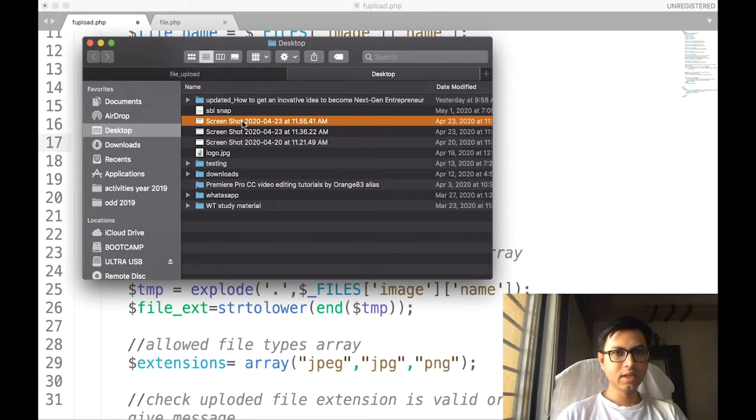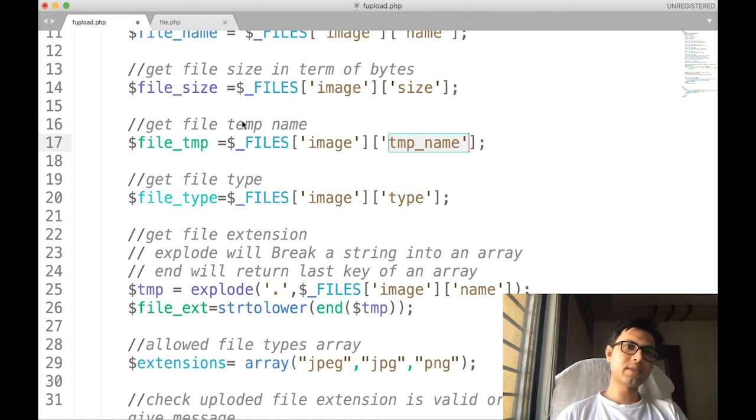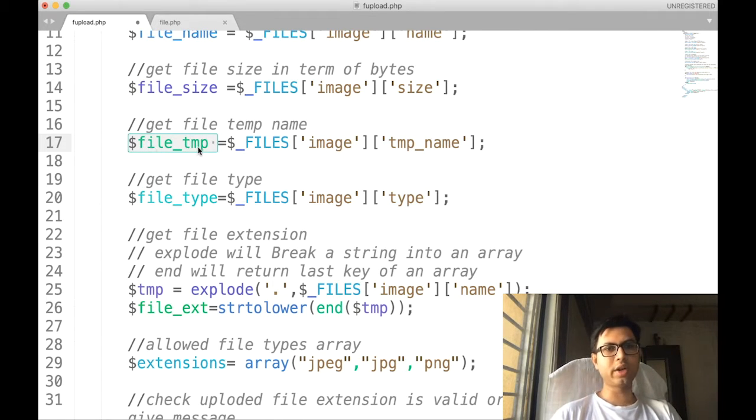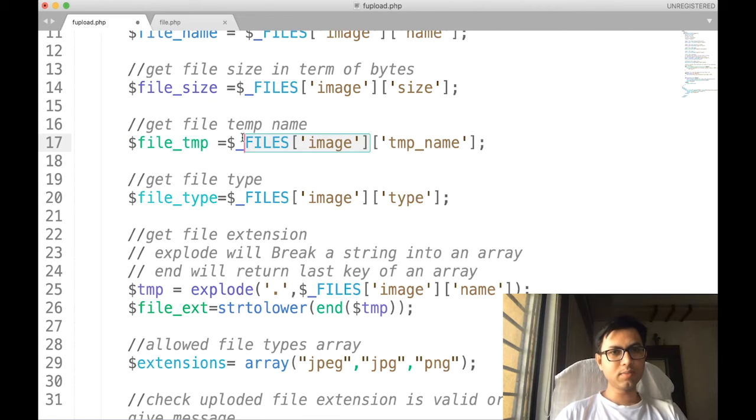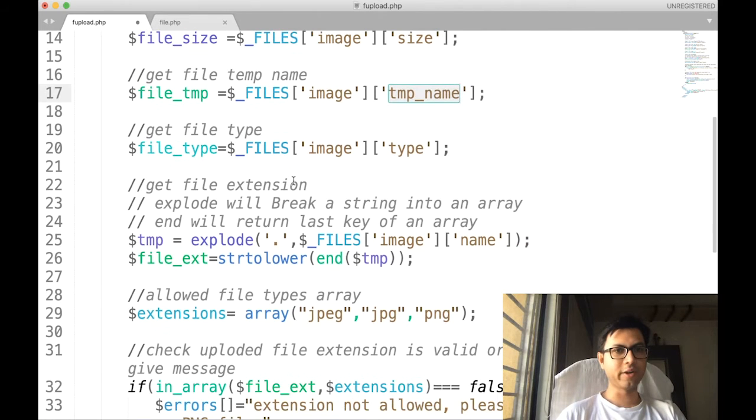We want to store its temporary name inside this variable, so for that we have used another variable, file underscore temp. As you can see, the syntax is similar; only the second dimension for temporary file name extraction is required.